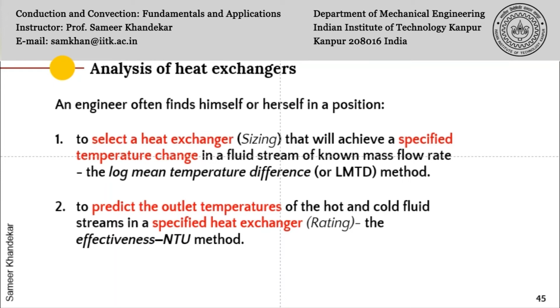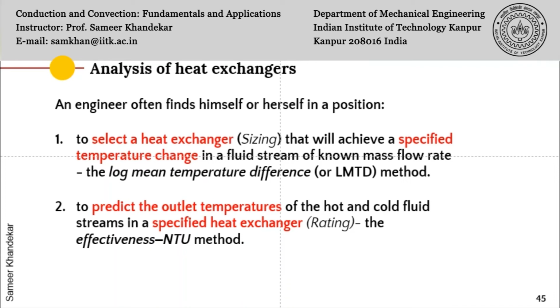So this is where you will do the sizing problem. So such type of problems are called sizing problems, wherein you select a heat exchanger that will achieve a specified temperature change. That means the delta T of the hot fluid or the cold fluid, whatever is the objective function,